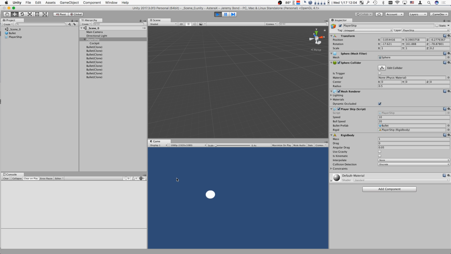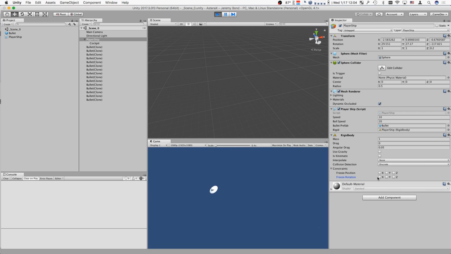So it's not the camera. It's actually the object. The camera is still. The object's spinning around. But because I'm controlling the velocity with the x and y axes, I'm setting the velocity to 0, but I'm not doing anything with the rotation. So when that ball comes out, it starts spinning around. And you'll see that the more I fire, it'll get all spun up. So you need to fix that by adding constraints. Watch, as soon as I add freeze rotation,